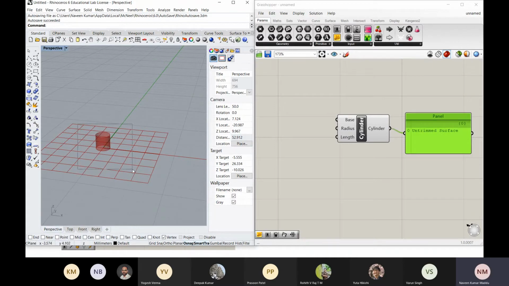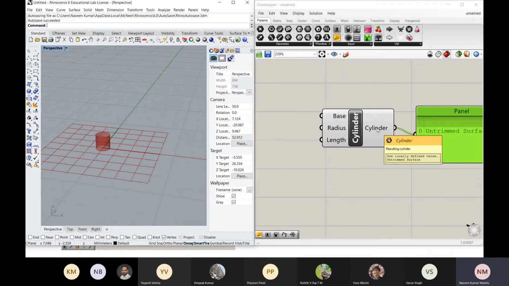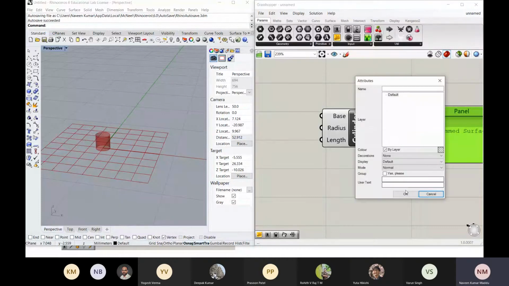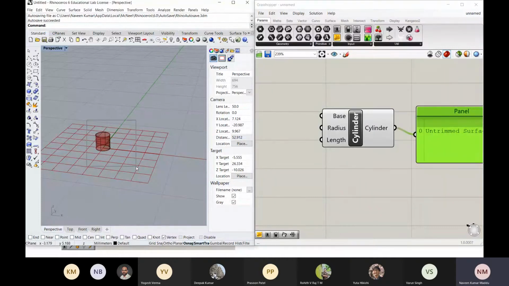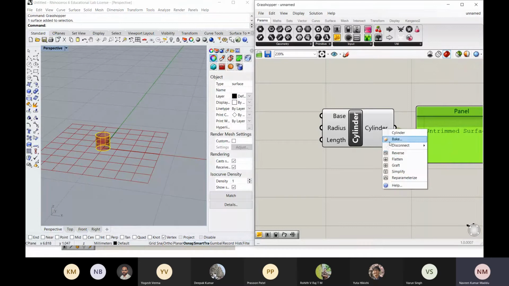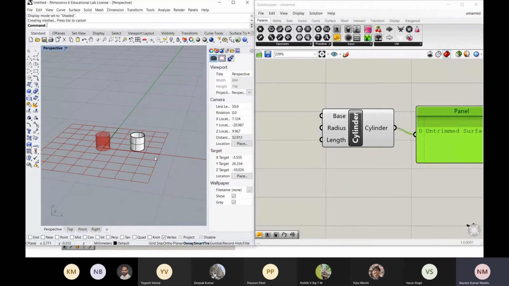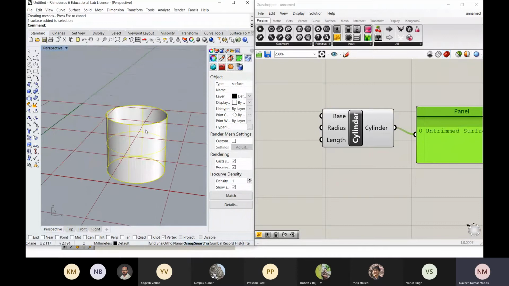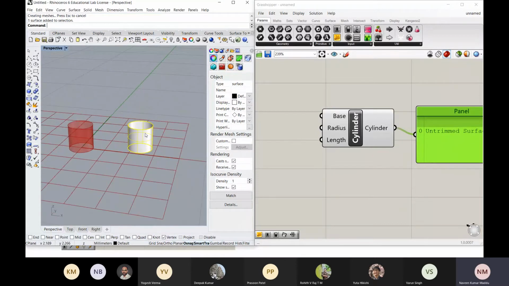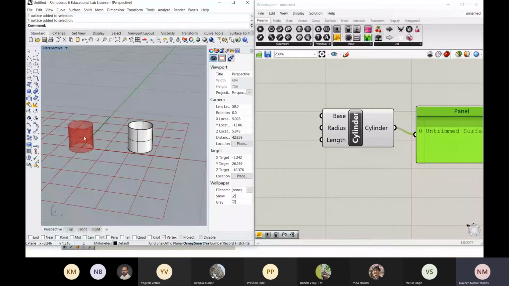If you want to create a model here, you can right click on this, and then you can bake it. The red color one is a preview, and you can bake it. Once you bake it, you can pull it aside, and this is the component. I'll shade it, and this is the cylinder that you can see. This is the CAD model that has been created, and you can save it in different neutral CAD formats like IGS, STL, and whatever formats you want. You can save this model, and then you can use it in the further sections. But this you can't do anything with.